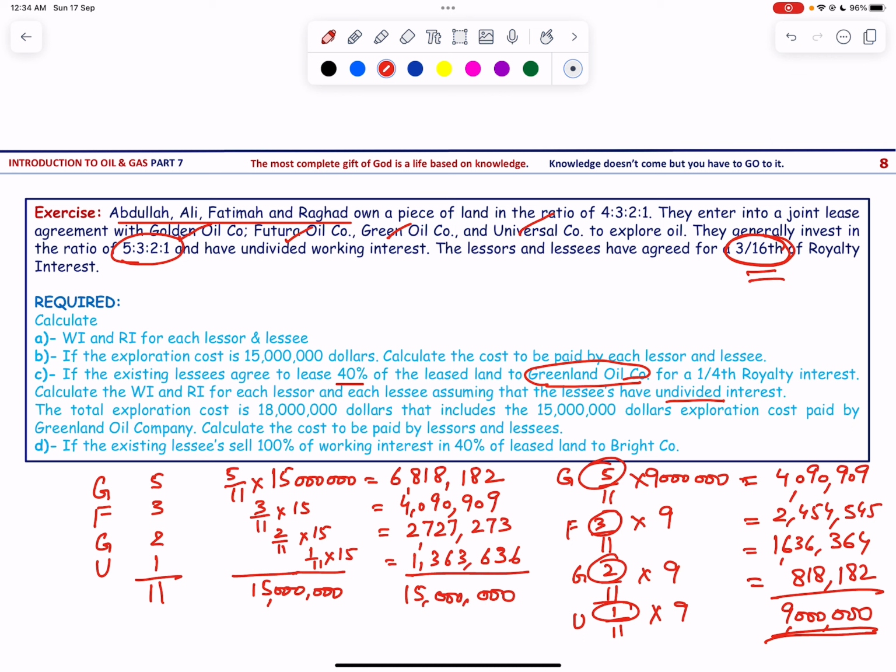So they will be sharing 60%, 40% by Green and 60% by the other four, and this will be after deducting the 3/16 of the gross revenue as royalty interest. Okay,